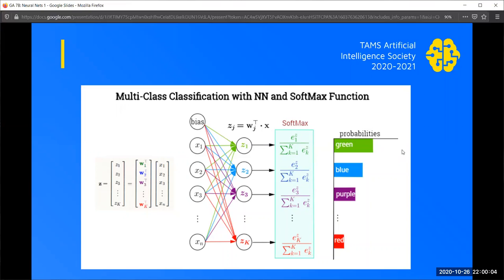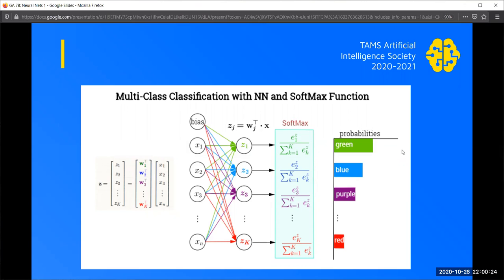I mean, you can kind of see this, but basically you're taking all of these, summing them up, and then finding the largest ones. You can see right here, green has the largest probability, and so on and so forth. And it's labeled as such. Your max, the soft part comes from